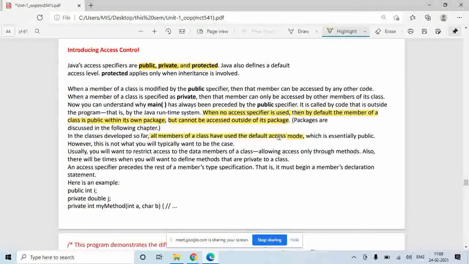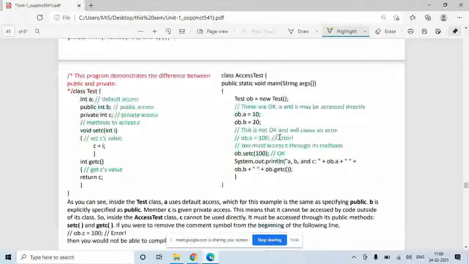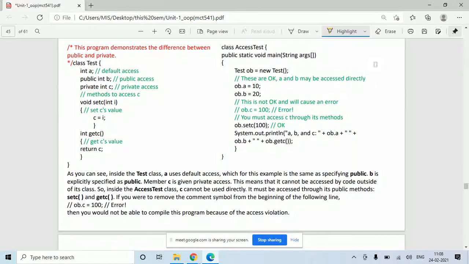Let's try to see a few examples, and with the help of examples, understand how all these four access specifiers, public, private, protected and default, work. Okay, so this is a simple program. Let's try to understand it.